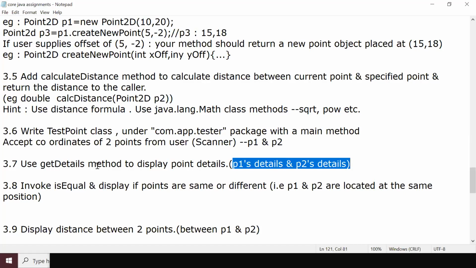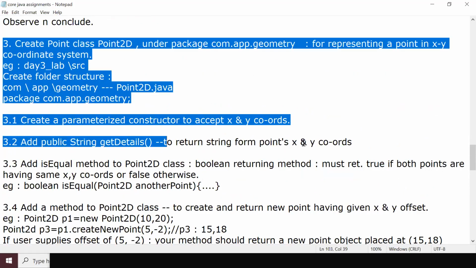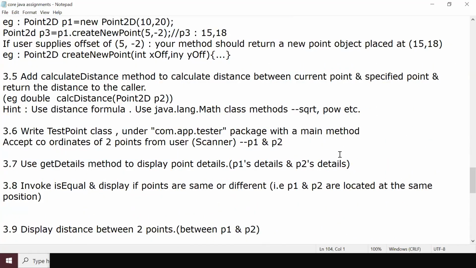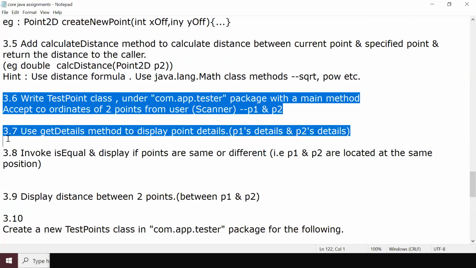Okay, so I will repeat. The part of it, you do it with me fast. So which are the points you are going to do? You are going to solve 3.2 to 3.2, core class 2D, and directly jump to 3.6 and 3.7. Why am I splitting this assignment into 2 parts? Actually it has 3 parts.